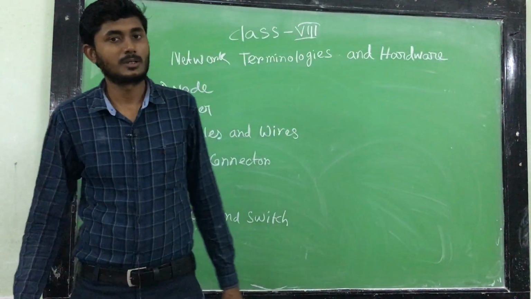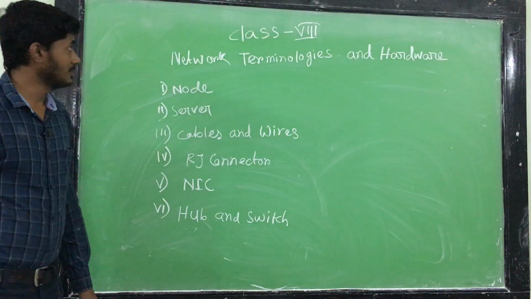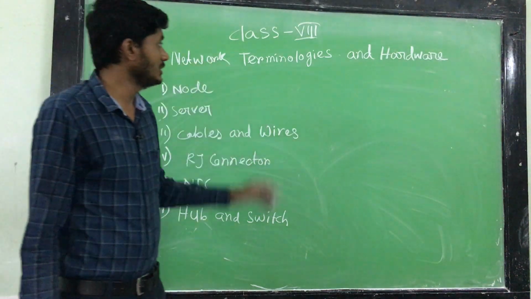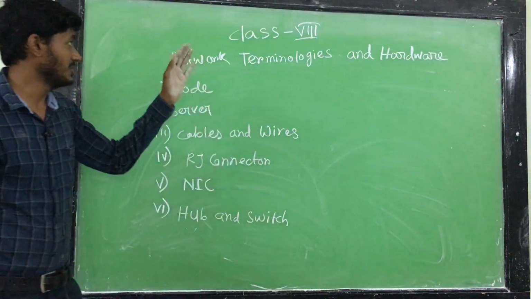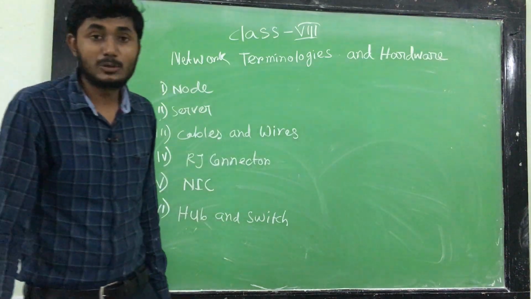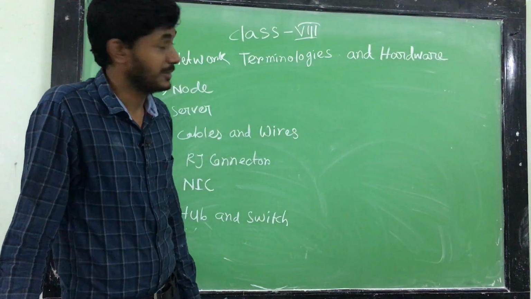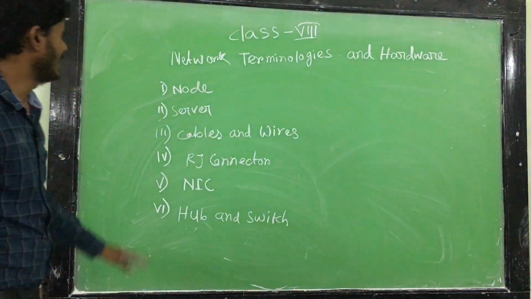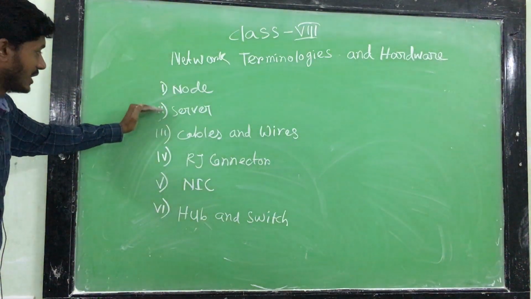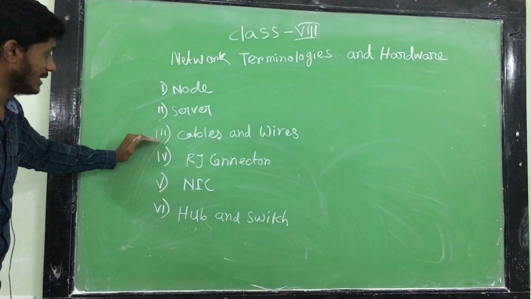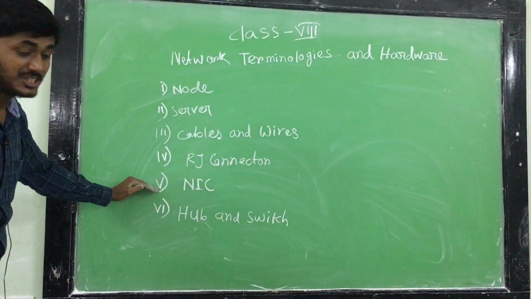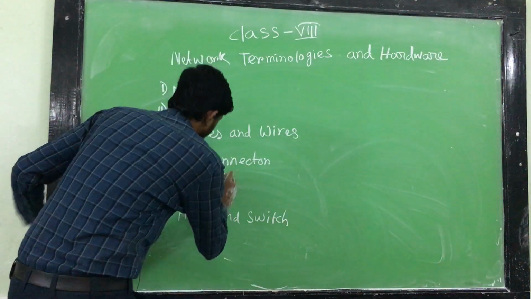Hello everyone. So today I will discuss network terminologies and hardware of class 8. So what are the network terminologies and hardware? The network terminologies and hardware are: first one is node, server, cables and wires, RJ connector, NIC. NIC means network interface card,